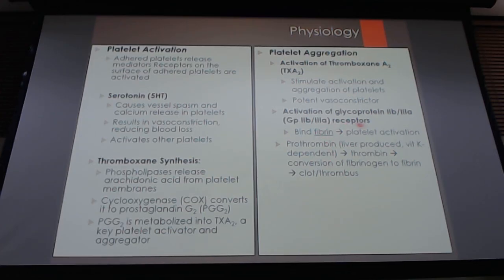And then your activation of glycoprotein, so your 2B, 3A receptors, which are going to deal with the fibrin, and we're going to see a lot of activation that occurs from that, which is why sometimes, depending on what drugs we're using, we're targeting this to try to block that from happening so we don't get that thrombus, okay? So this is essentially showing you have prothrombin, which then gets converted to thrombin, which converts your fibrinogen to fibrin, which is what ultimately will make your clot,